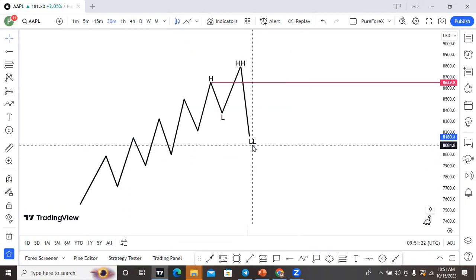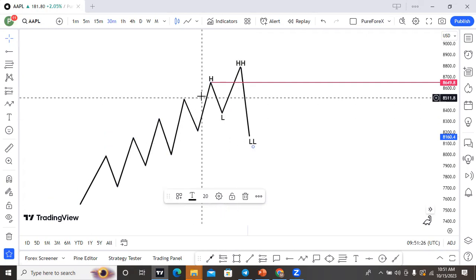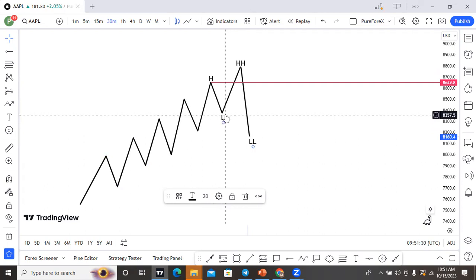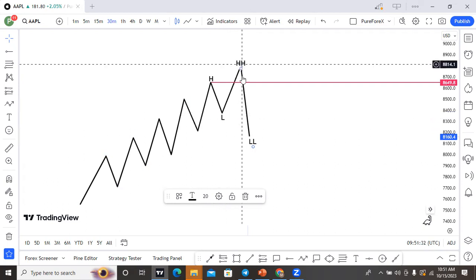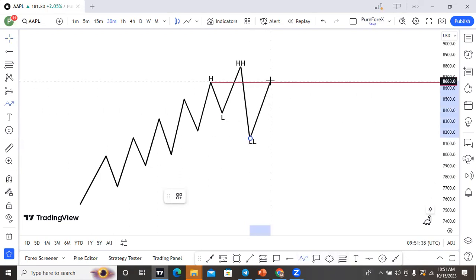So when this happens, we know that a QM arrow is created. So we mark the left shoulder of this QM. This is the left shoulder, which is the high, the low, the higher high, and the lower low. So we expect price to come back to this point here, to the left shoulder,